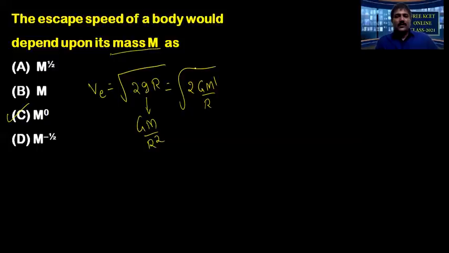So then root M is there, and some may go for the option M power half. But it is wrong, because here I should call it M dash. It is the mass of the planet from which the body must be projected to escape from its surface, not the given M. That's what they confuse you with, using symbols other than the standard ones. One must be careful while answering the question. It's a question of just 10 seconds. If you read, you get the answer. But by confusion, if you go for M dash, that is M power half, it is absolutely wrong.